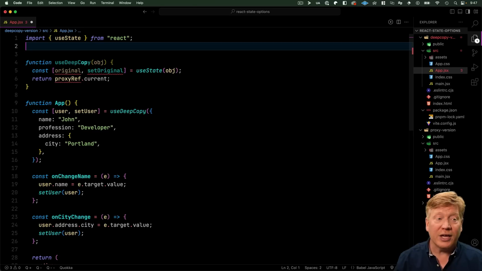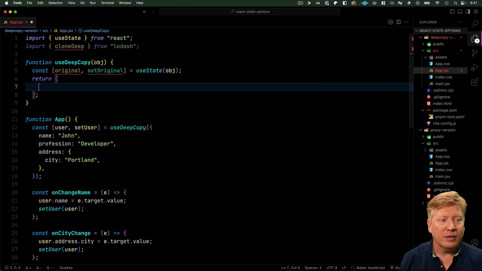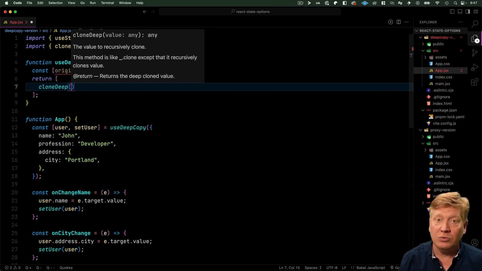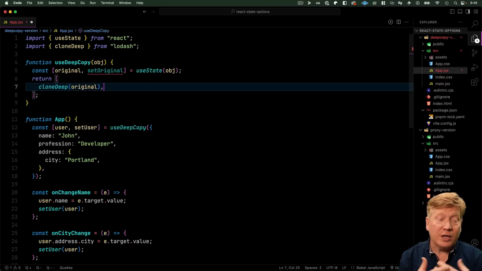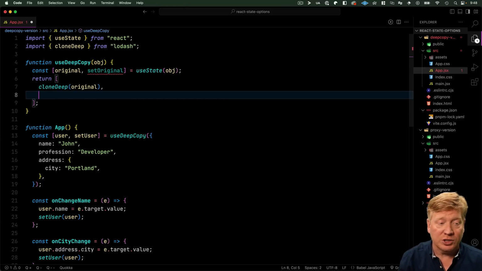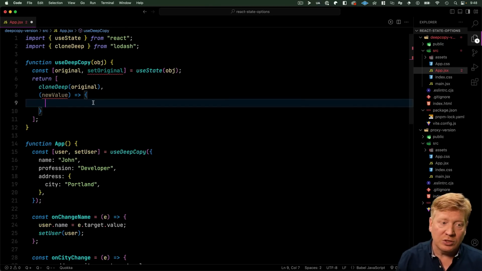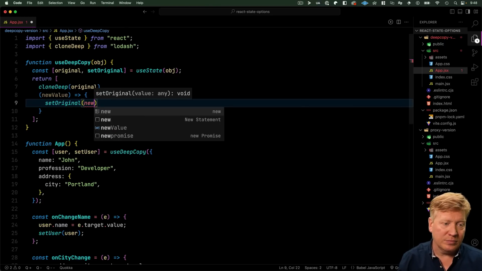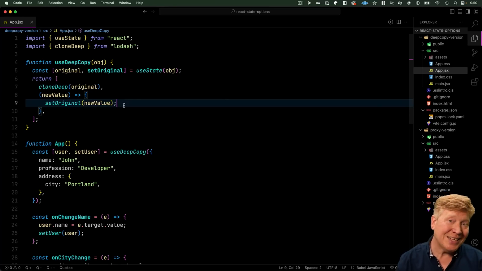We can use Lodash for that because it's got some great utilities. The first one is cloneDeep. And so what we can do here is return an array, and that return has in it a cloneDeep of the original. That's me giving you a clone of the set of trading cards. And then for set, we give you a function. It takes a new value, and then we set the original to that new value. So far, so good. So we have a way to hold state, and we have a way to set state,